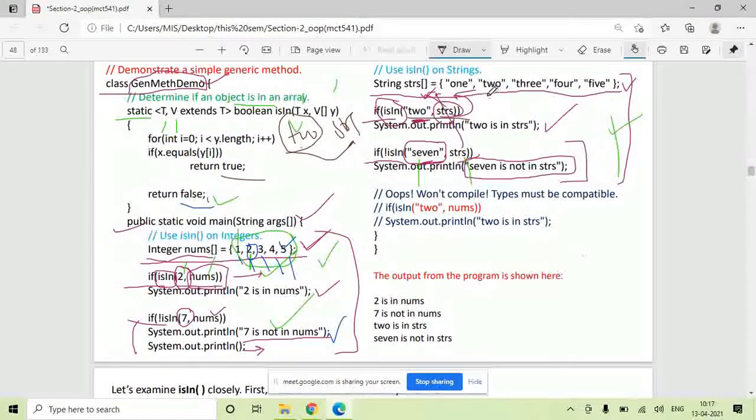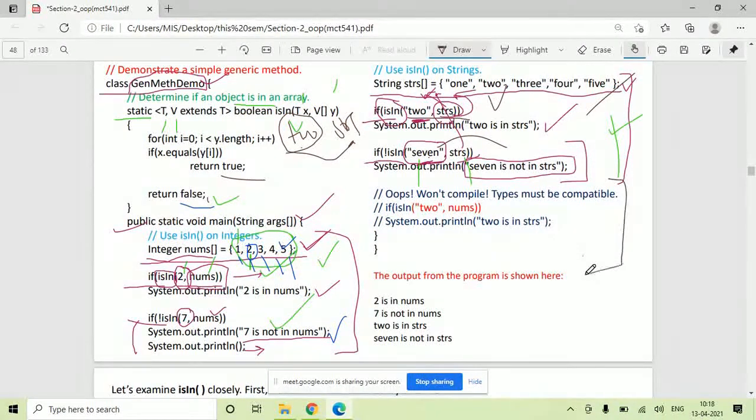So 2 is available, yes, so it will return true. 7 is not there in this array, so it will return false. So this is how you can write a generic method to search whether an integer element is present in an integer array or not, or a string element is present in a string array or not.